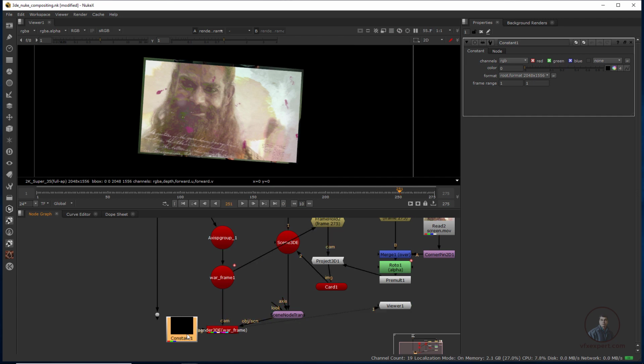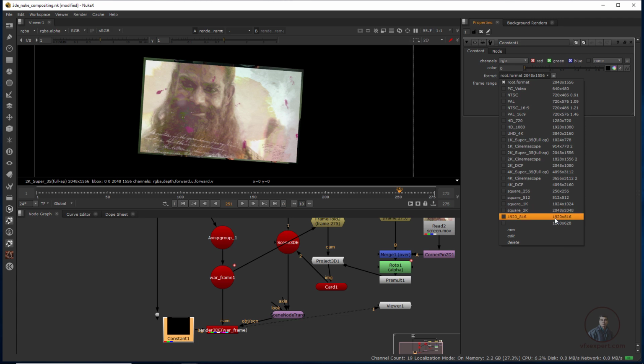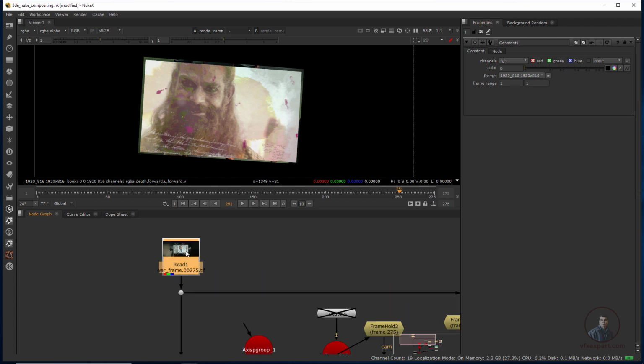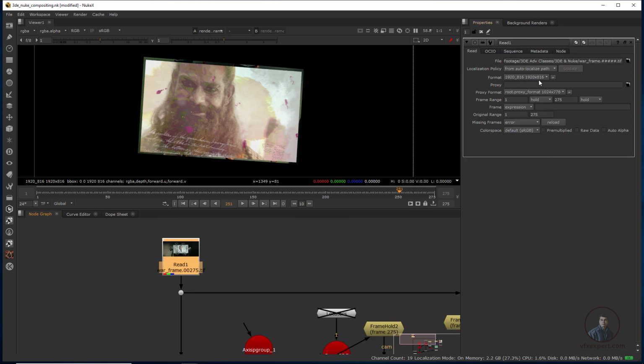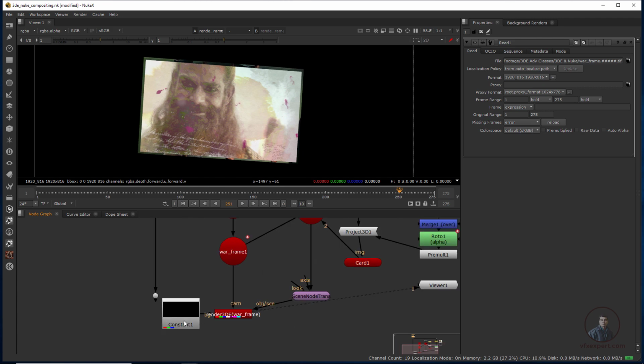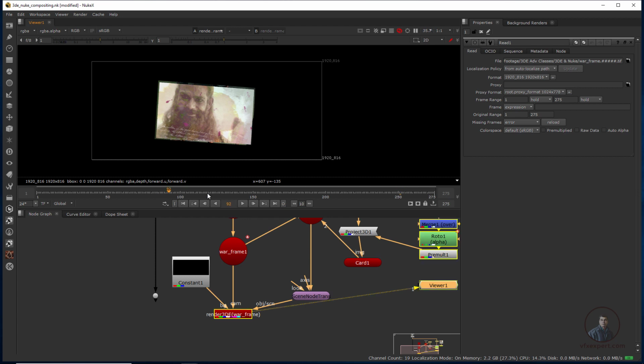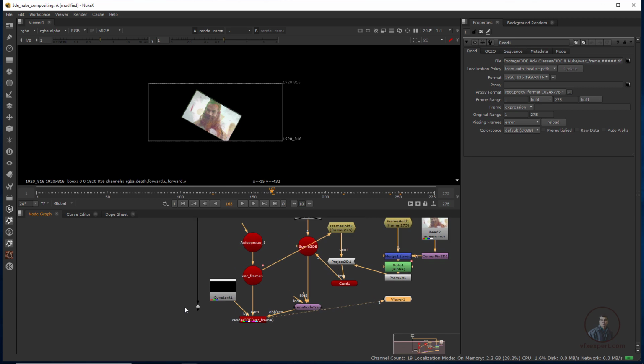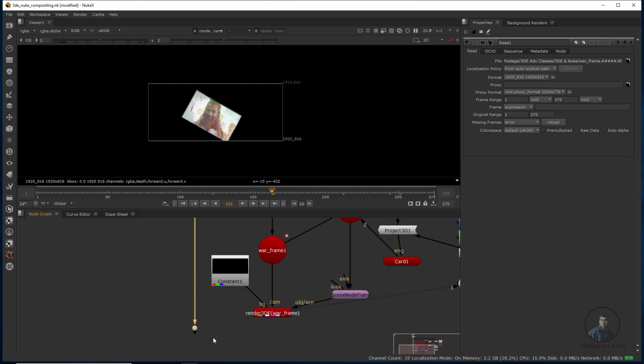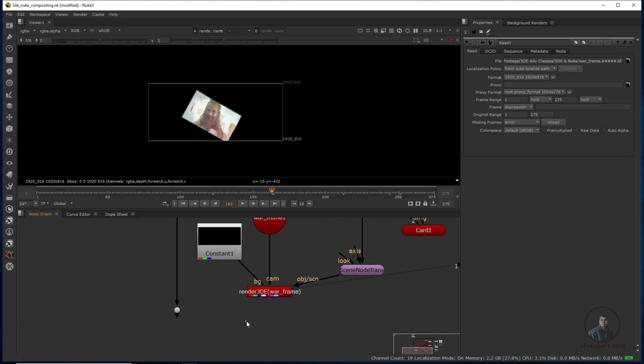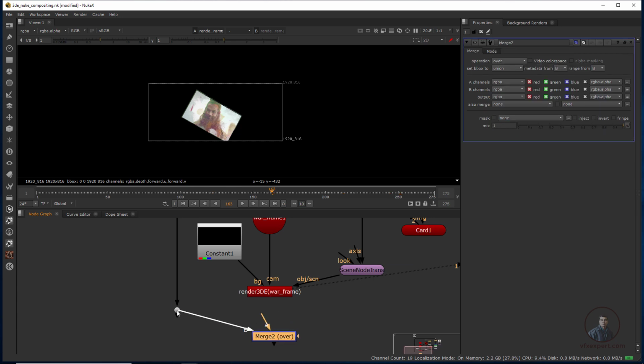So in the background I have selected it here. Now double click here and from here you can select your footage frame size, 1920 by 816. Now if you want, you can check here, double click here. From here you can easily check. Now see, finally in our ScanlineRender we are getting just this much area. Okay, this is our moving screen. Now after this we have to composite on our final background or final footage. So for that simply use Merge, M. Now this is our background and this ScanlineRender will be our foreground.